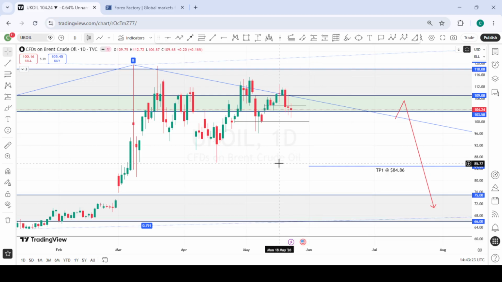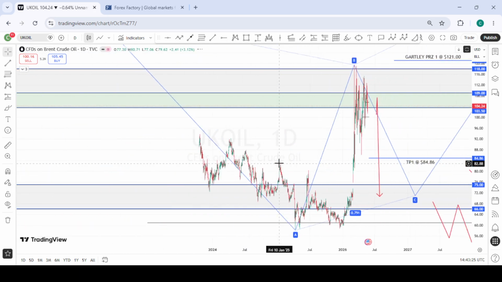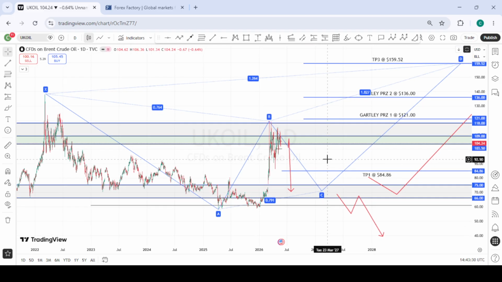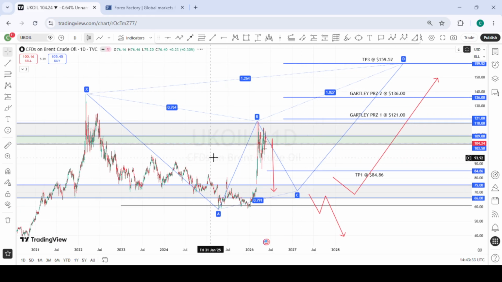So this is Brent crude oil, and we had a setup from here where we were anticipating a potential harmonic pattern formation. Currently we are yet to see a B to C leg formation on Brent crude oil before we see any massive move from this area, between $75 and $66 per barrel. When price reaches this region, we are likely going to see some massive moves to the upside, or we are likely going to see price break below these lows and then continue to the downside.